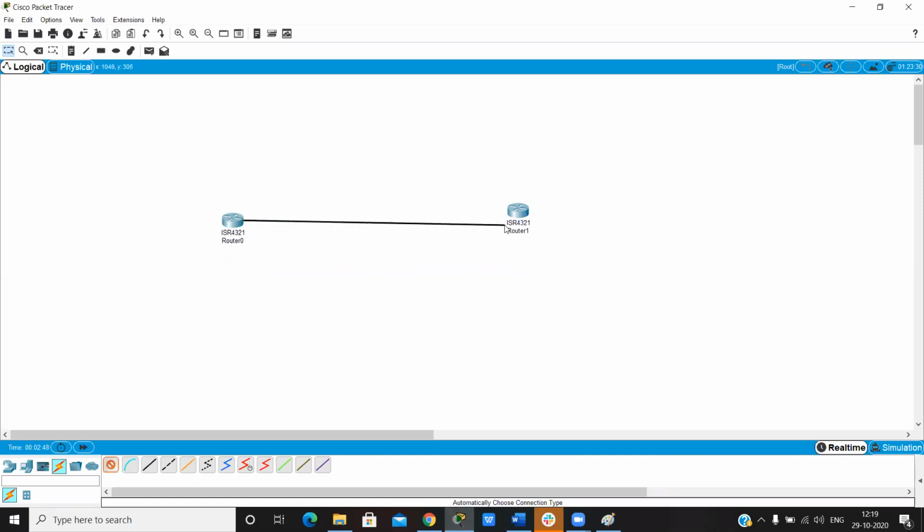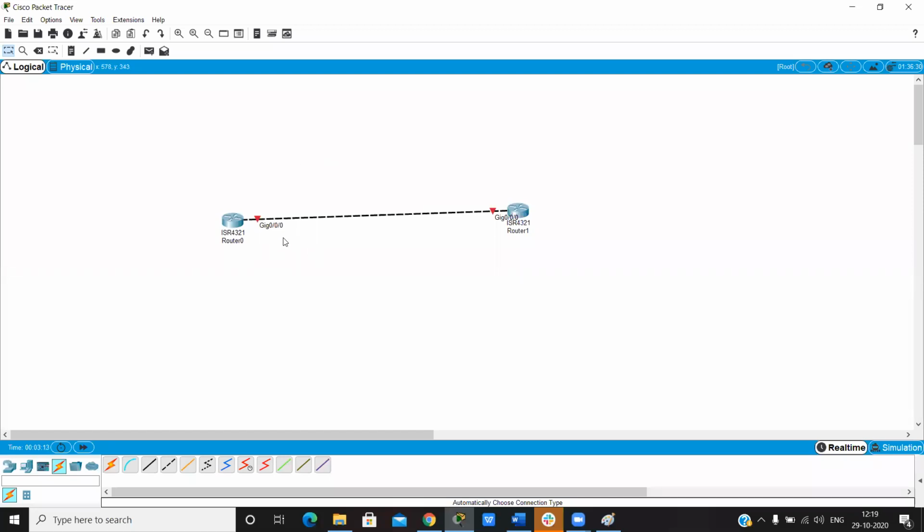Now I connect. Here it shows the interface number. Interface means, like on a laptop, there are many ports where you connect the cable. Like this we have interfaces on the router and the switches.